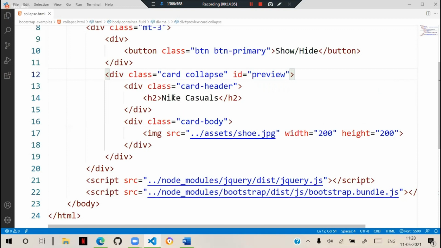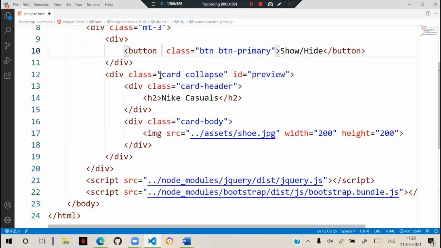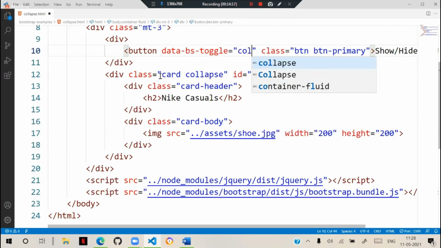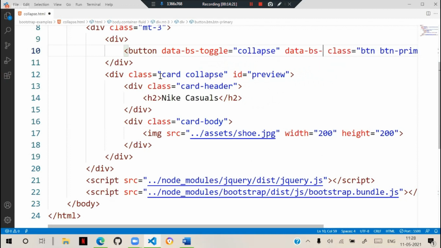On the button, we need to toggle that. So we have to use data-bs-toggle. What to toggle? Collapse. What is the target? data-bs-target is equal to hash preview.